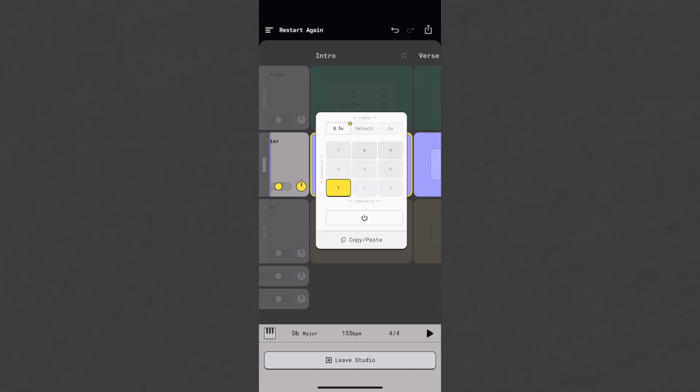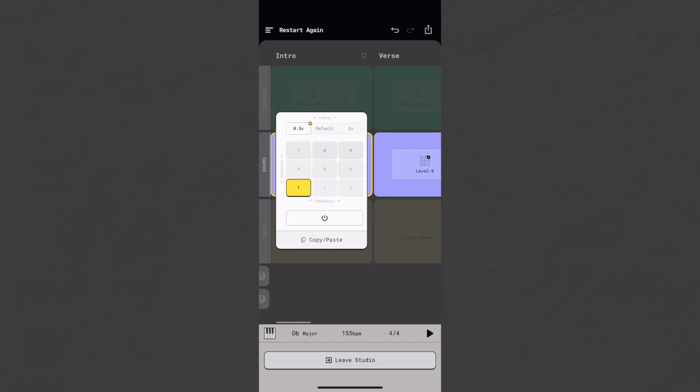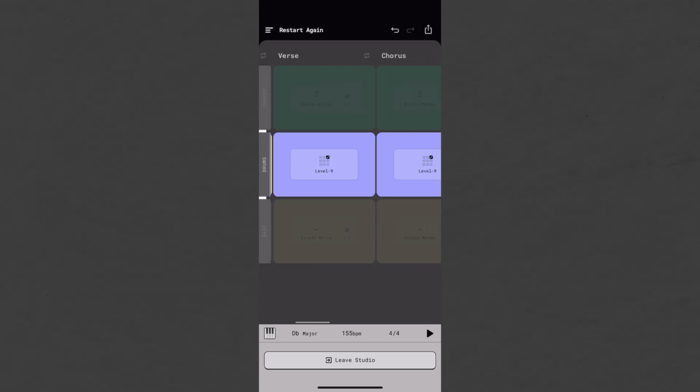Same with the drums, I can choose to speed them up or slow them down. And then each one of these is that drum feel, but it adds more complexity to the drums. So I really like that because in this song, what made it easy for me is that once I structured the songs from verse, chorus, verse,